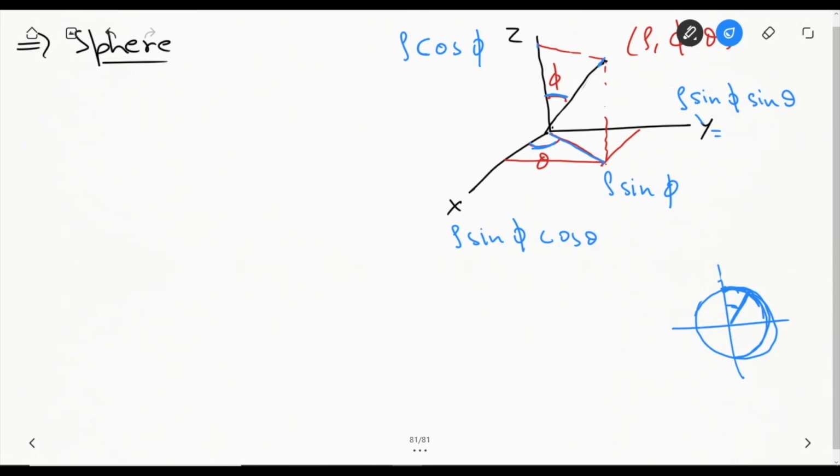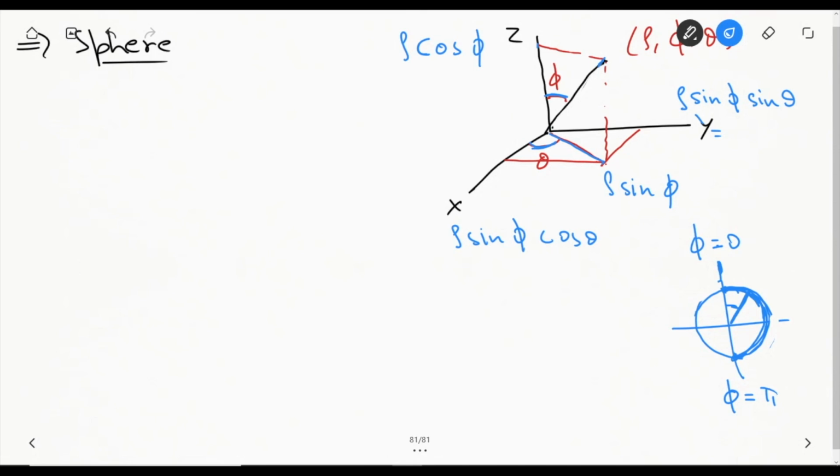This can go up to this point. So you can see that phi can be maximum from phi equal to 0 to phi equal to pi or 180 degrees, right? Because we are referring to this as 0. There is no problem with referring to this point as 0. So once we are referring to this as 0, it is going to be coming from this point to this point. It is going to be phi.